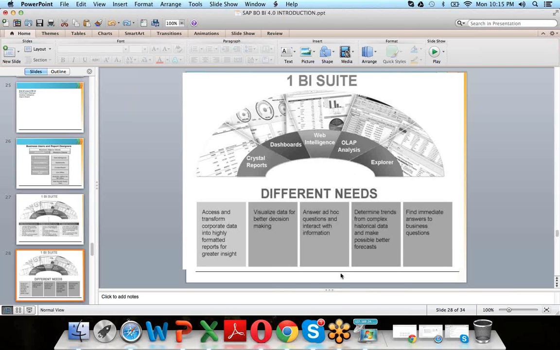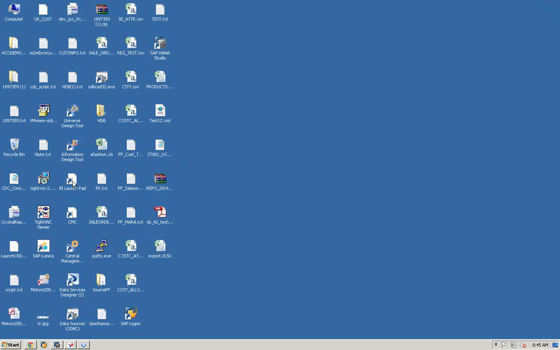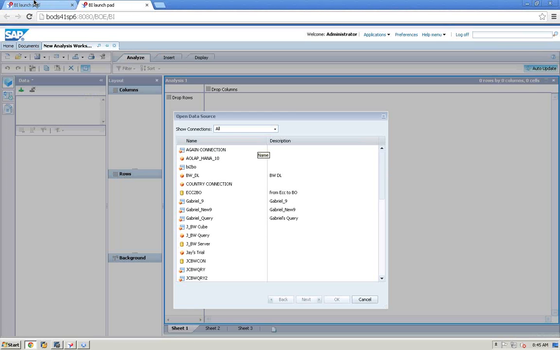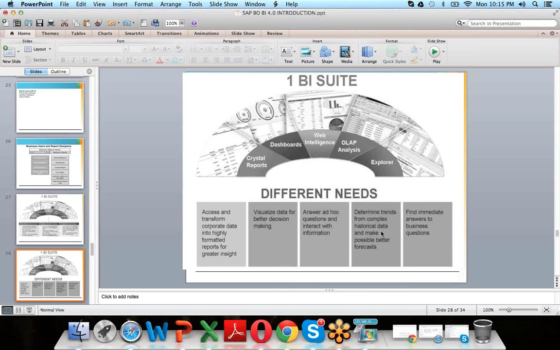Then OLAP Analysis. OLAP Analysis is an ad hoc OLAP client tool to connect to only OLAP applications, to analyze the historical data in the OLAP applications for forecasting and trend analysis. What is the purpose of analyzing the historical data? Suppose I have an OLAP application, online analytical processing, like SAP BW or Hyperion Essbase. We have 7 years of data or 5 years of fiscal year data, historical data residing in that OLAP application. Now I want to perform ad hoc analysis on top of that historical data for forecasting and trend analysis. In that case, we can use